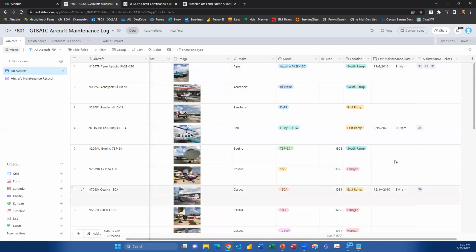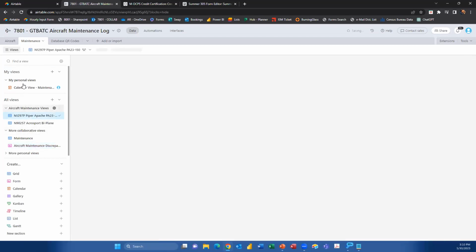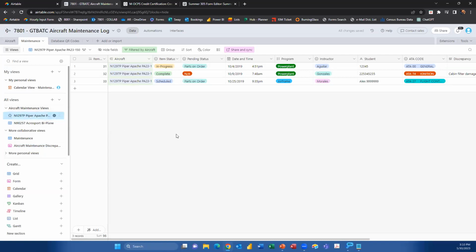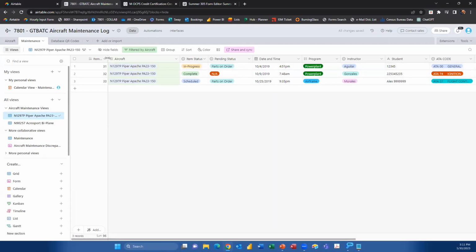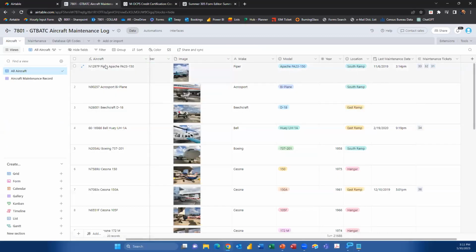And this field is called maintenance tickets. This is what I want to showcase, how these linked fields work. Essentially, this links to the maintenance table here. The maintenance table has all of the different maintenance items for each aircraft. Now they're linked by the aircraft type, by this specific aircraft. So these three maintenance items, which are connected to this aircraft, are connected on the aircraft maintenance tickets for that aircraft. So if I click on 31 here,